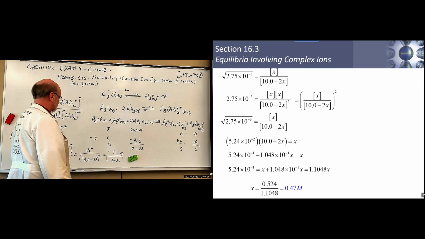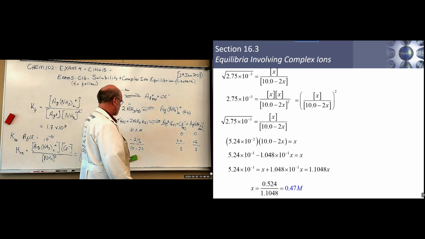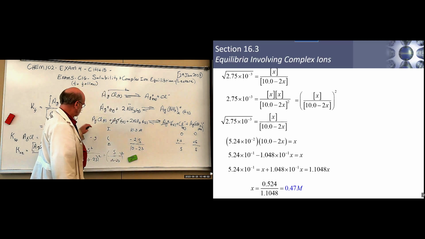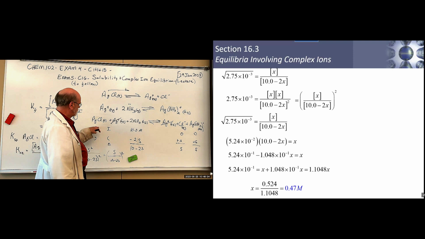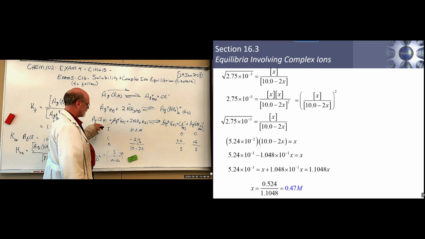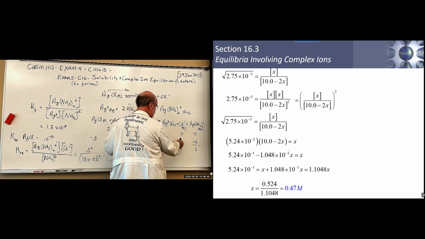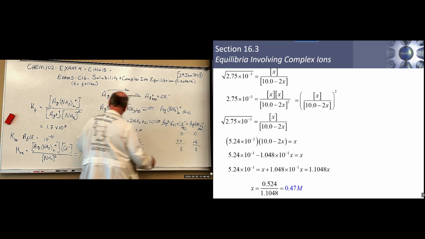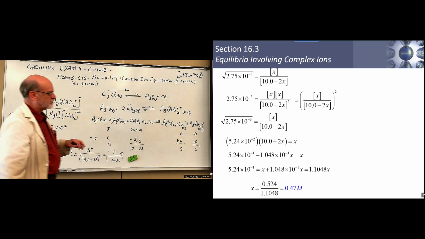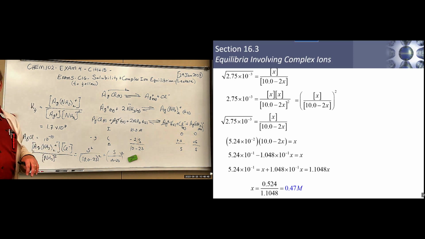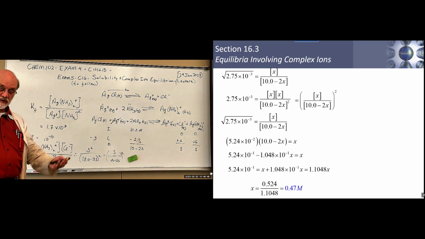So what does that mean? That means the solubility of silver, since it's related 1 to 1, and this is S, right? So we're saying that we put 0.47 molar concentration of silver chloride in solution as a consequence